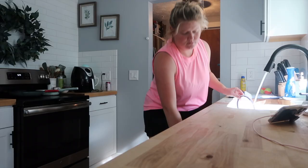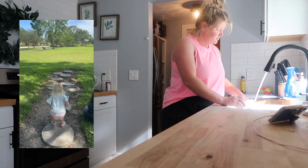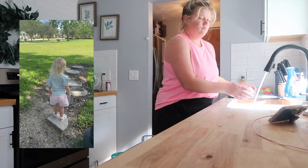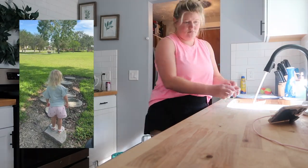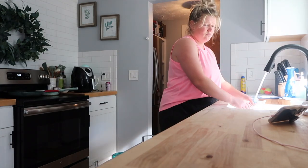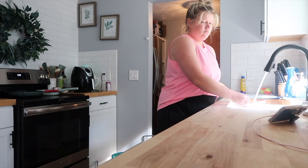So we try to get out and get some fresh air every day, especially first thing in the morning when it's a little bit cooler. It's super hot right now in Florida, so I try to get out first thing, get some fresh air, get some steps in. And then I come back and Ellie usually has a snack, plays in the living room, and I